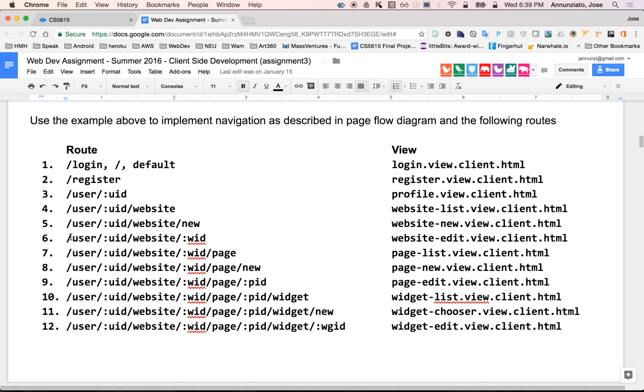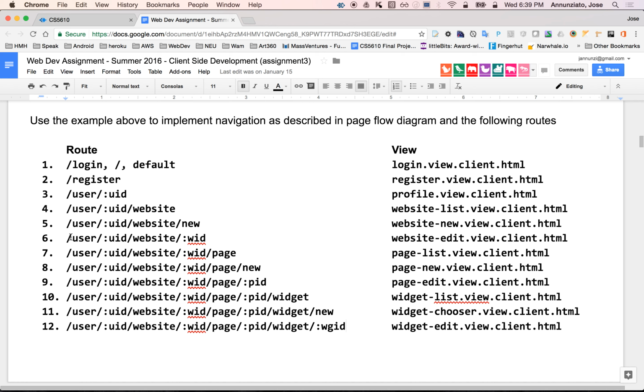The administrator, it makes sense that they are looking at a list of users. We're not implementing the administrator, so I don't have the URL here for /user. There is no page of user list. A little later when we see security, part of your assignment will be to add a /user that lists all the users, but only an admin should be able to navigate to that page. So you have to log in. If you're an admin role, then yes, you can navigate to the /user and see all the users. But for now we don't have that. We do have /user 1, 2, 3. That's a URL that maps to this,